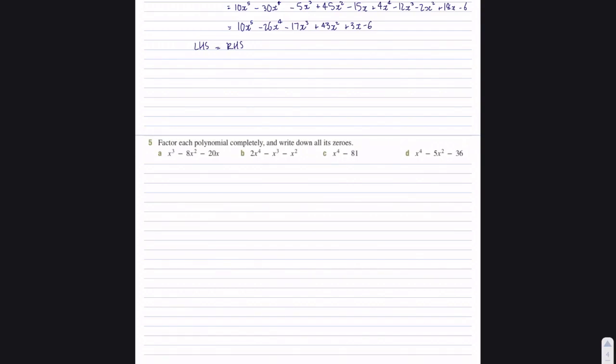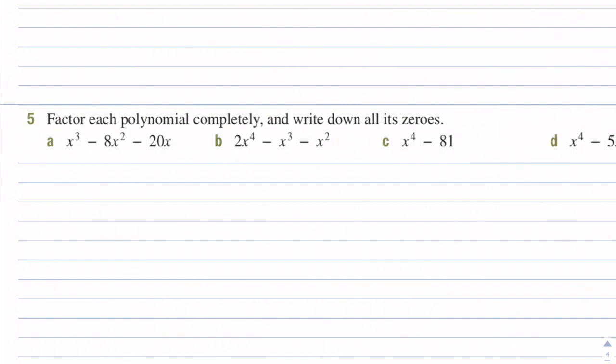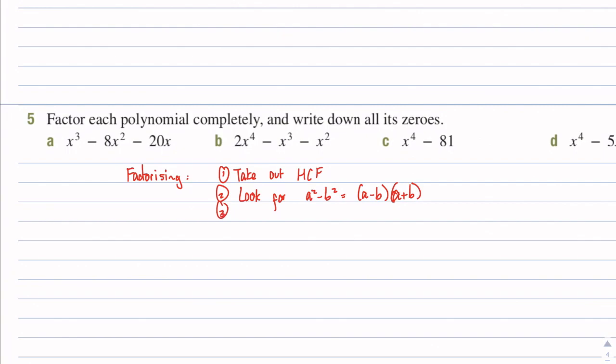Alrighty then, question 5. Now I really like question 5 because it reminds us of factorizing. So, the first thing you're going to do is take out the HCF. Second thing you're going to do is look for a squared take b squared equals a take b, a plus b. The third thing you're going to do is ask what multiplies